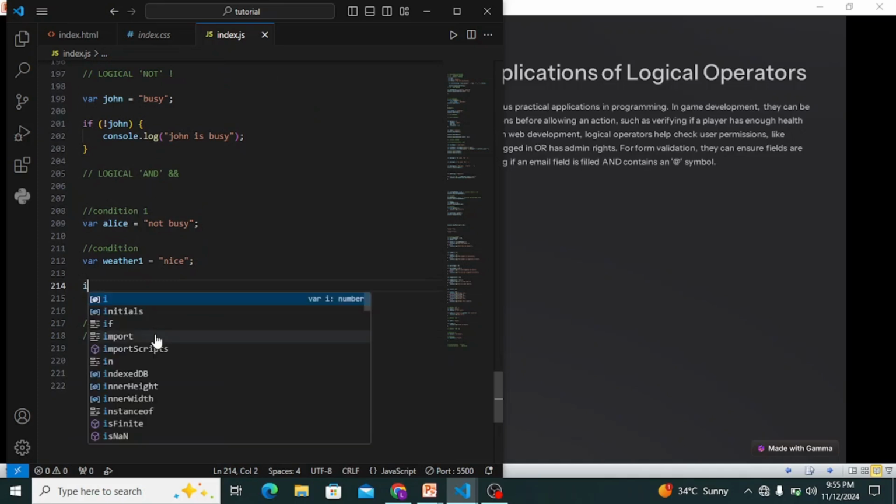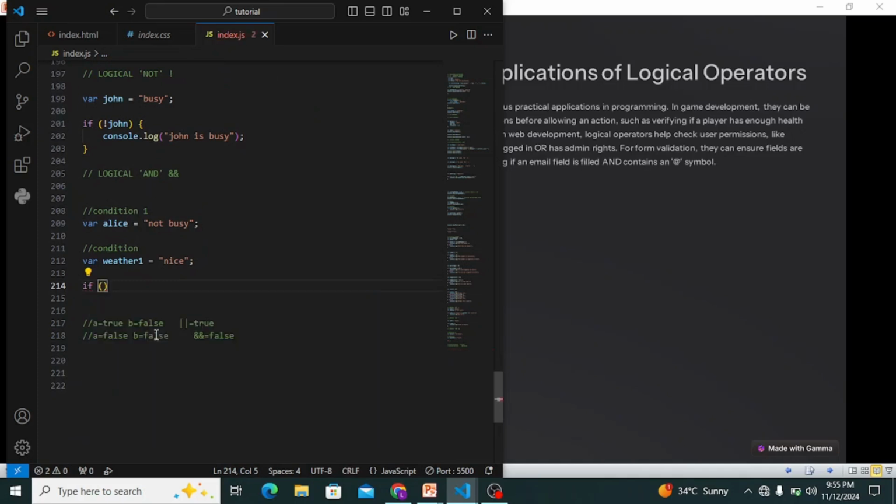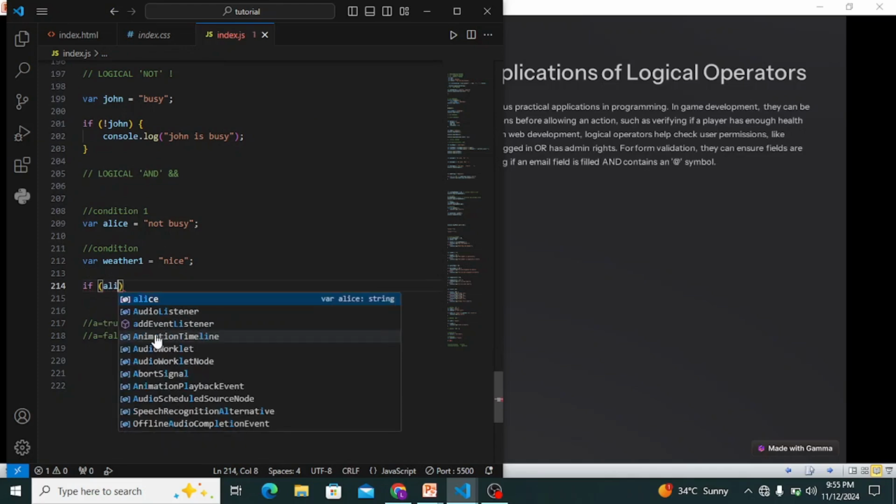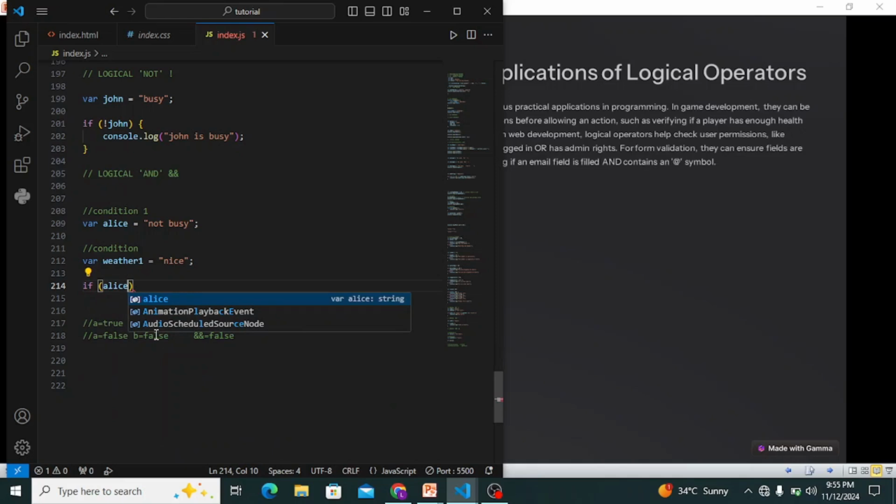Coming here, let's give the conditional statement. We say if, brackets, if Alice is equal to "not busy", that's the first condition. And that's the logical AND statement now. And if the weather is equal to "nice", then